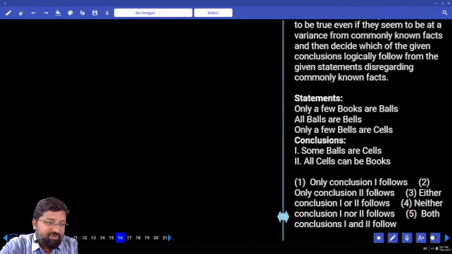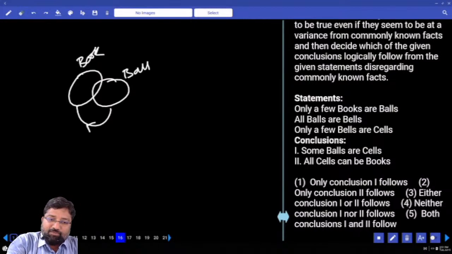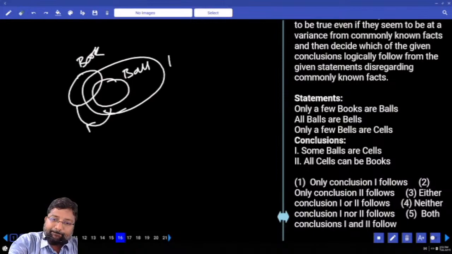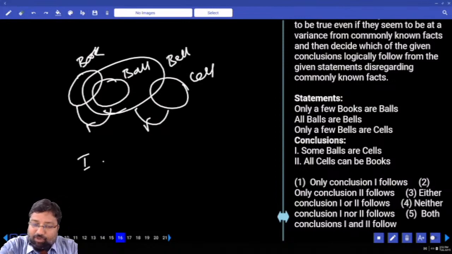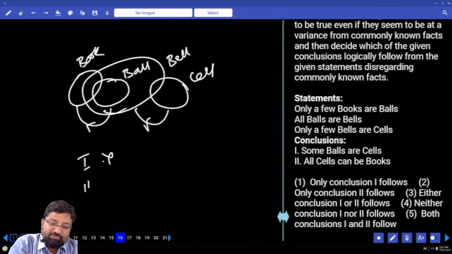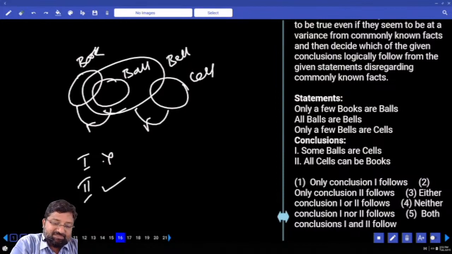Come on, these are questions from syllogisms. Only a few books are balls. Arrow mark from B to A. Next, all balls are bells. Only a few bells are cells. Arrow mark from B to A. B is cell here. What is the first conclusion? Some balls are cells. Is there any relation? No. What is the second conclusion? All cells can be books. Can I take all the cells and put them inside book? Yes. Can be. Yes, it is a